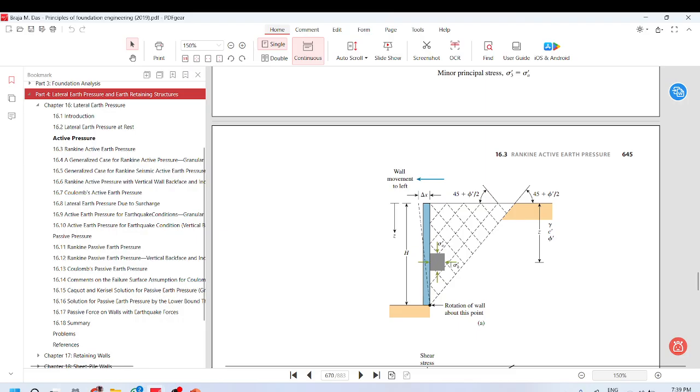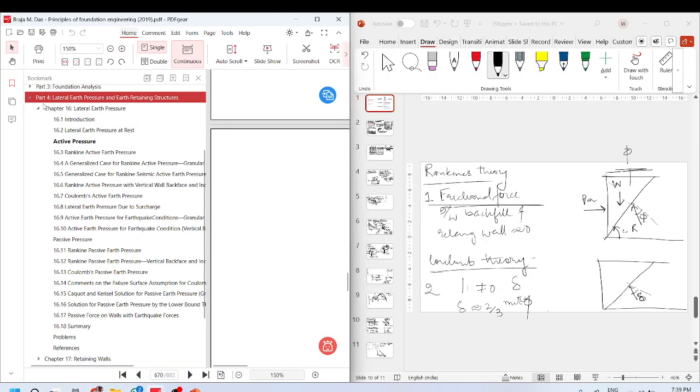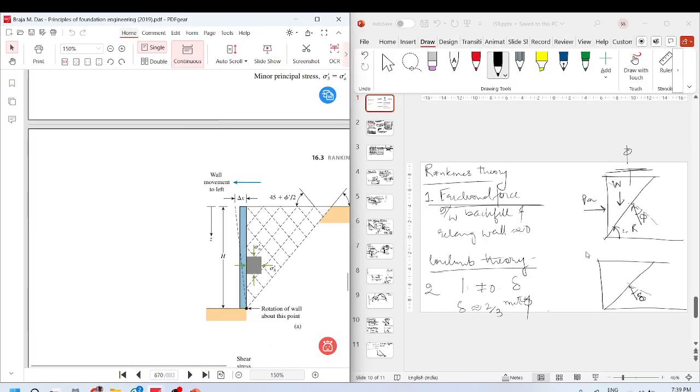So basically, what we are saying is not this, sorry, but this. We are more interested in here, the angle of friction with the wall. So when this is frictionless, you will have